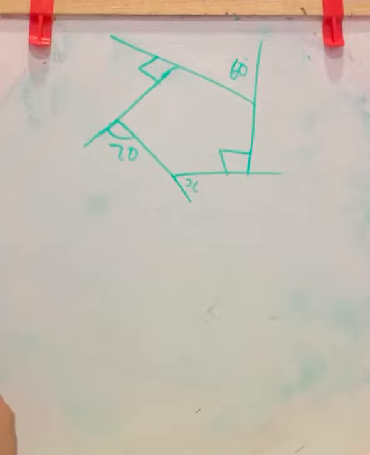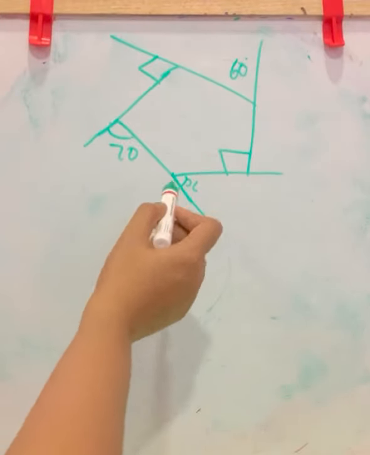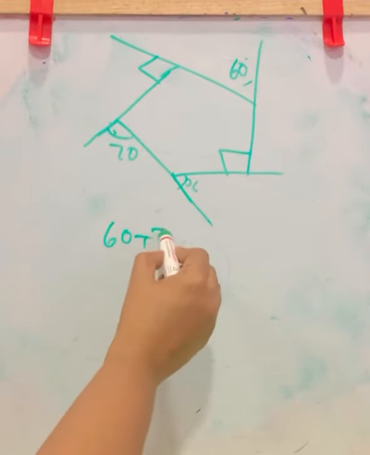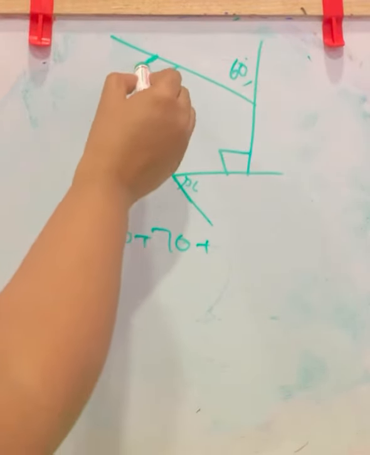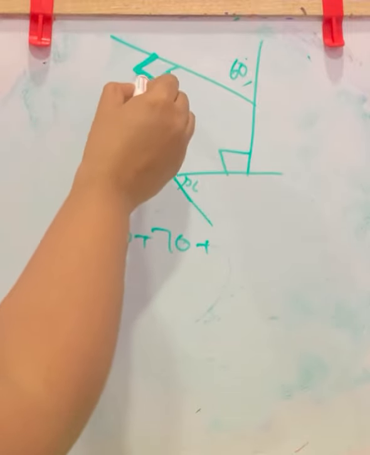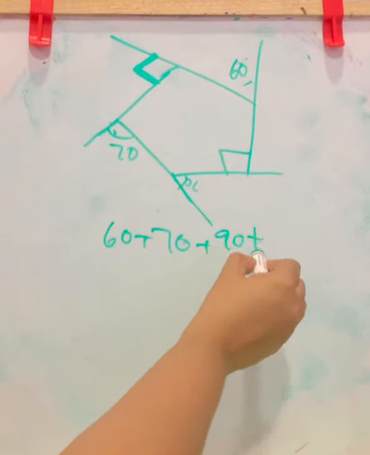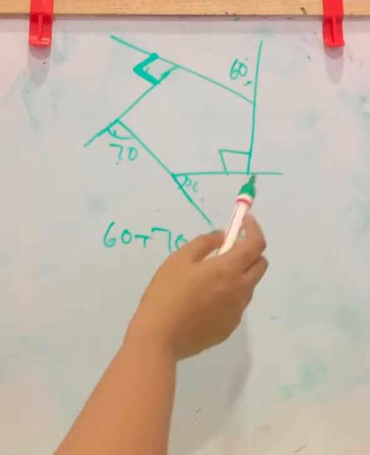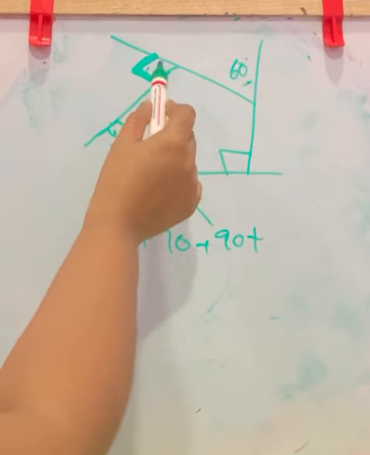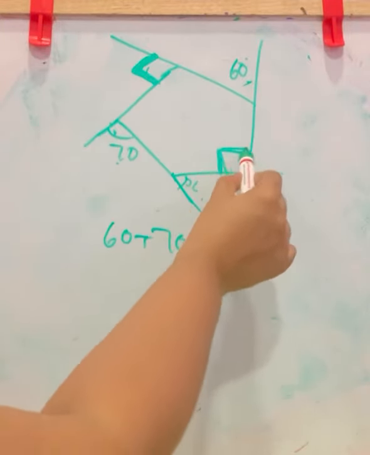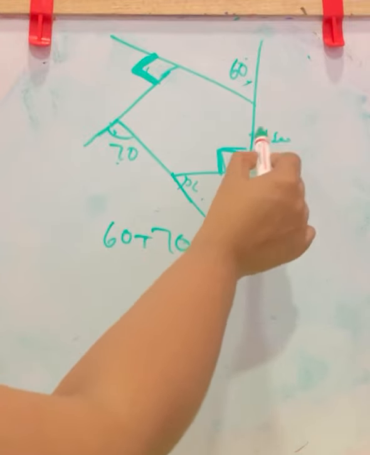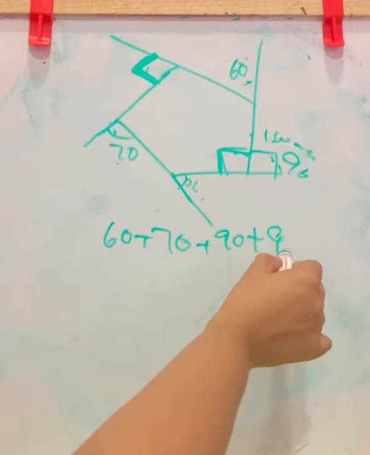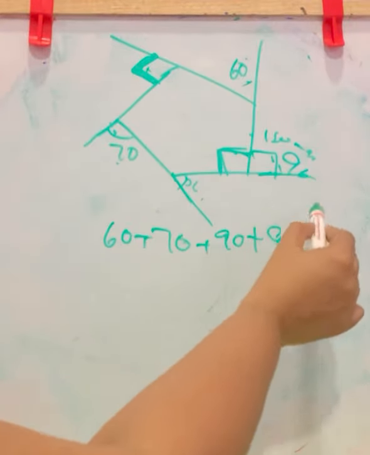Now this is the next figure. Here we have to find the exterior angle x. We have 60 in the exterior, 70 in the exterior. Here it is given 90, that is why the angle is drawn like this. How many exterior angles are there? 1, 2, 3, 4, 5 angles are here. If in the interior it is 90, we can say this is 180 minus 90, that is a linear pair. So this is also 90.